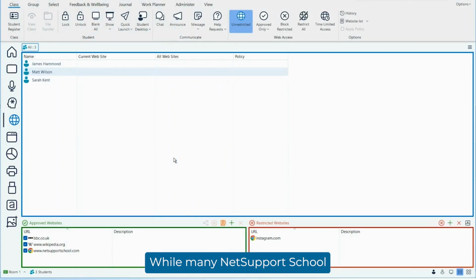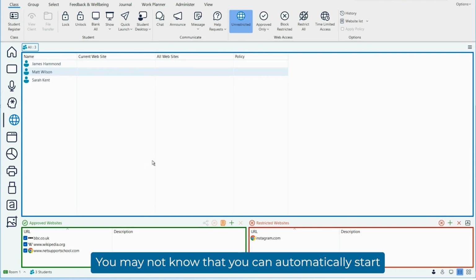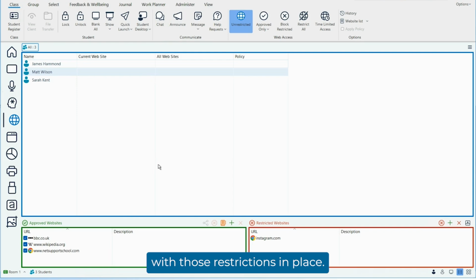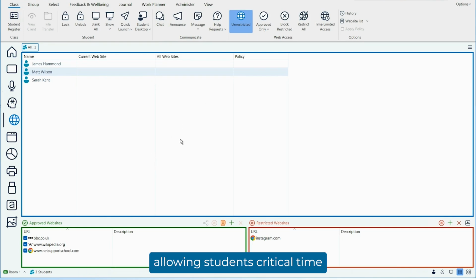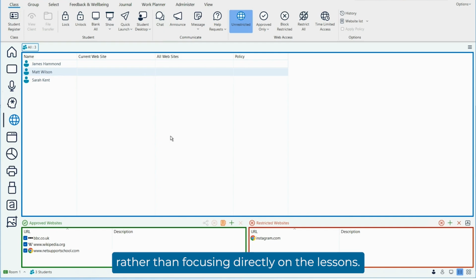While many NetSupport School users will be familiar with our internet metering and monitoring, which allows you to apply restrictions to what websites students can or can't visit in class, you may not know that you can automatically start with those restrictions in place. Let's be honest, you can get distracted, and although your class is started, you may not have applied those restrictions right away, allowing students critical time to jump onto websites and get distracted rather than focusing